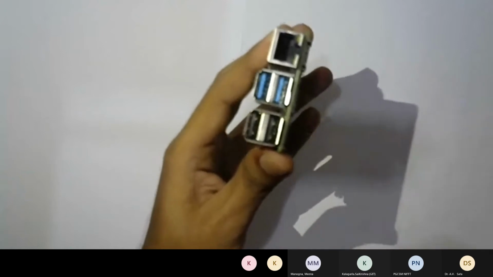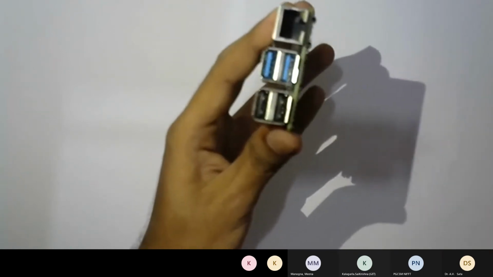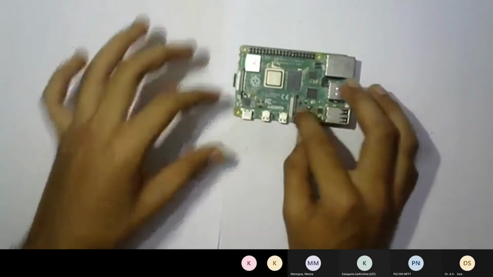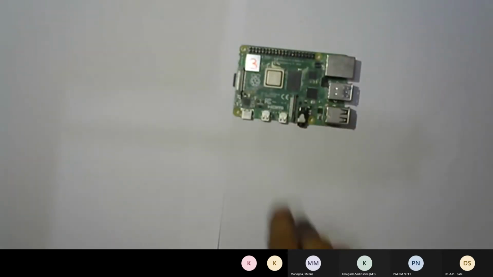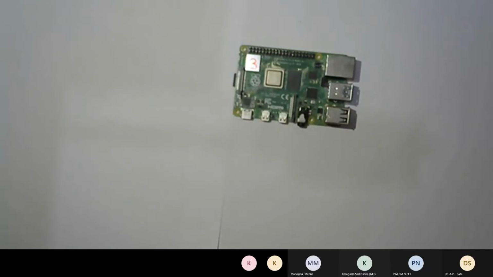So you can connect four USB serial connections with Raspberry Pi. Okay, and then there are these two camera ports over there. We can actually connect two cameras with this Raspberry Pi.